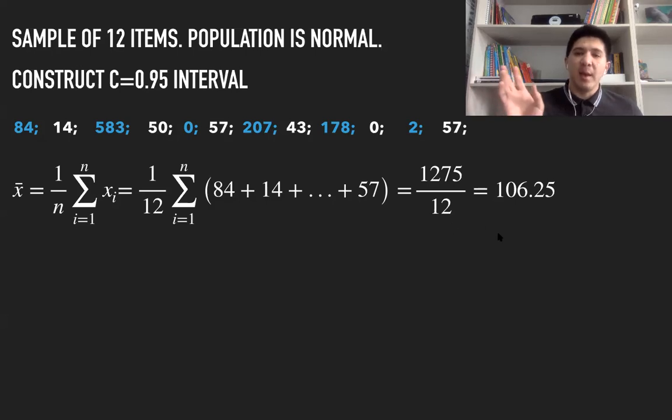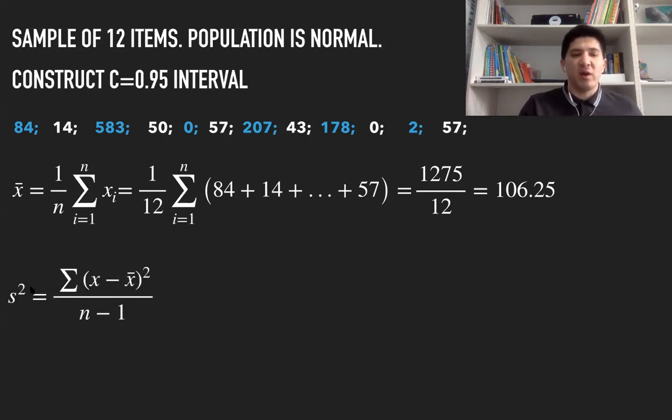So this is the mean of the sample, and we're going to denote this as x bar. Our next step is to find the standard deviation of the sample. Since we are not given the standard deviation of the whole population, we need to find this. If you remember, we need to use this formula to find it. So we are going to find the standard deviation squared, which is called the variance of the sample,